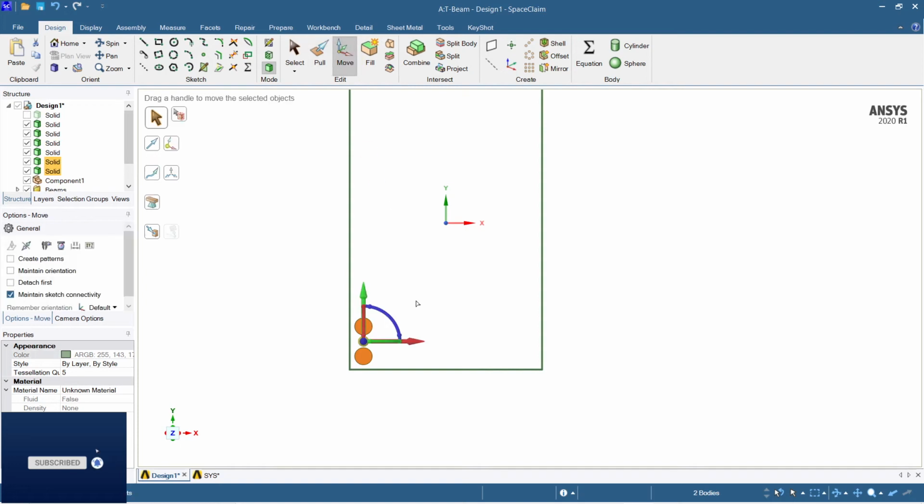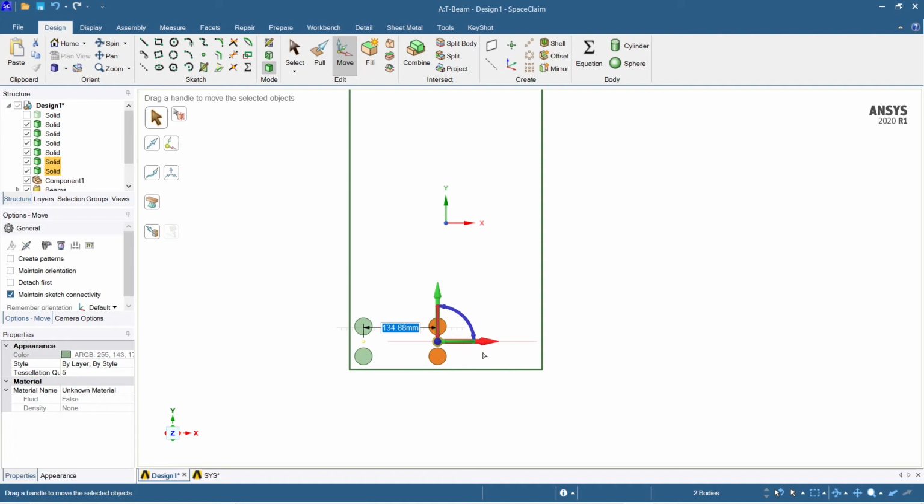Now let's move them through the center. So totally it is 400 mm. So finally 400 divided by 2, that is 200. It would be here somewhere. Actually it would go here. So 400 divided by 3, so it would be 133. Somewhere it would be 133. So let me take this as 134 mm.